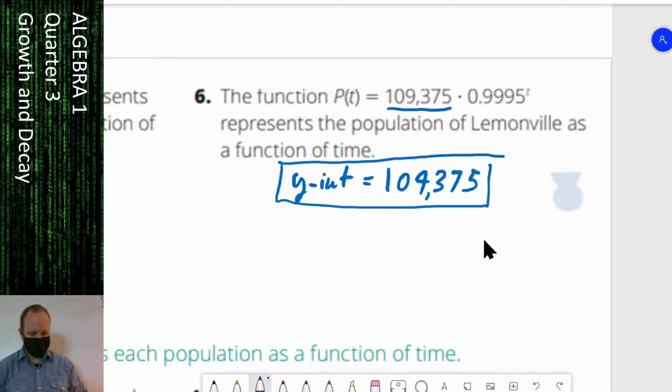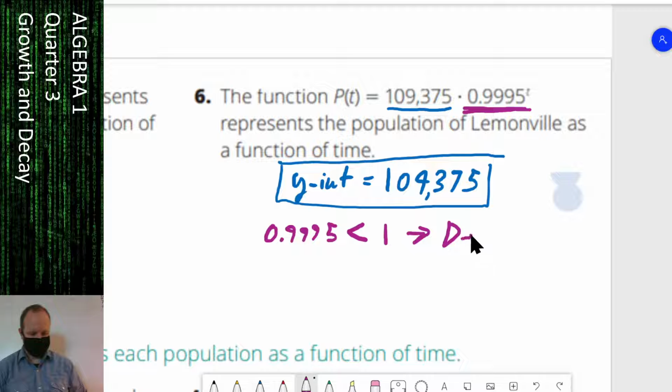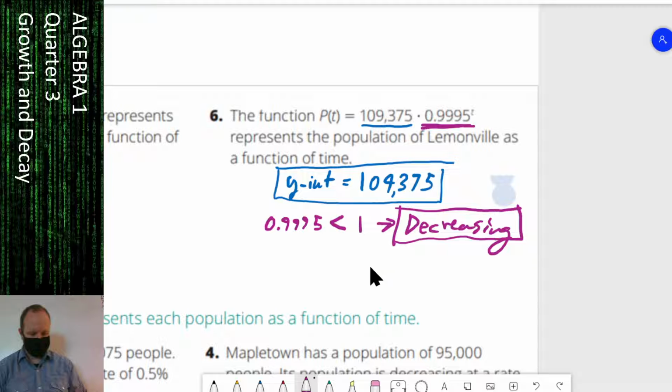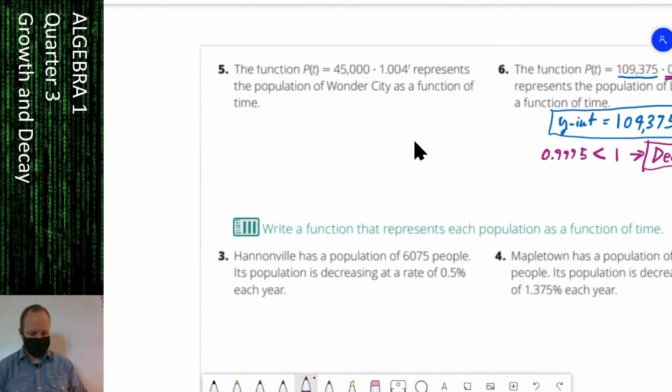And then taking a look at the other number, it's going to tell us whether this population is increasing or decreasing. Is that population going up or down? Down. So since 0.9995 is less than 1, then we're going to say it is going down or decreasing. Just comparing it to 1. If it's greater than 1, it increases. If it's less than 1, it decreases. So I want to give everybody a chance to kind of realize how easy those last ones are. We are going to move on to part 3